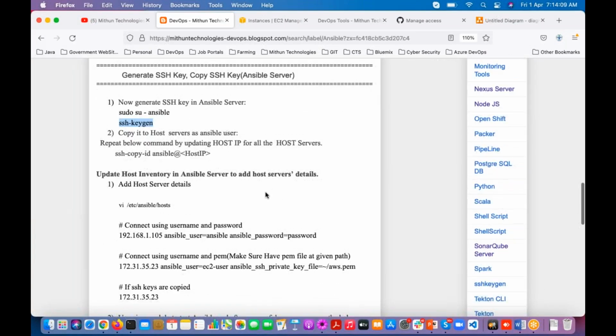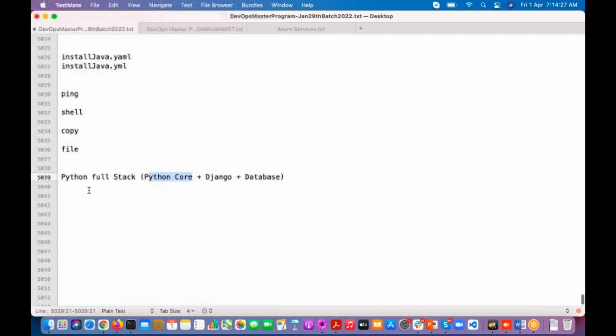So now what we have to do? Copy the public key we have generated, that one we need to copy into all the host machines. For generating SSH keys, we use ssh-keygen.